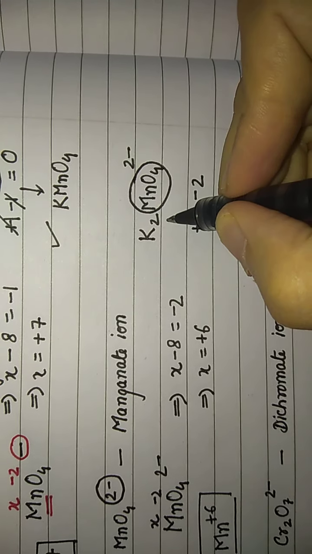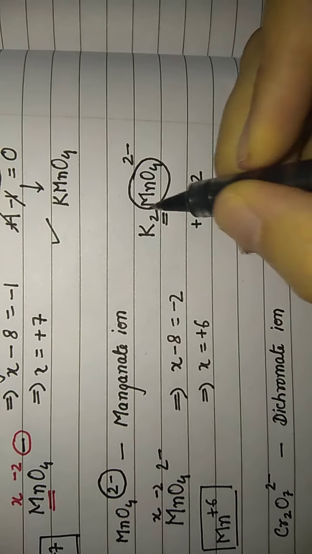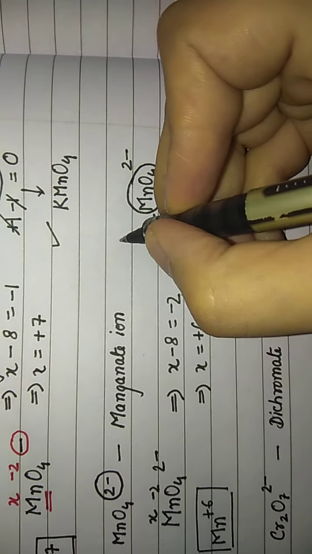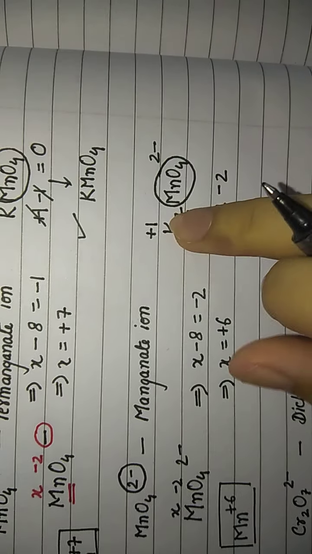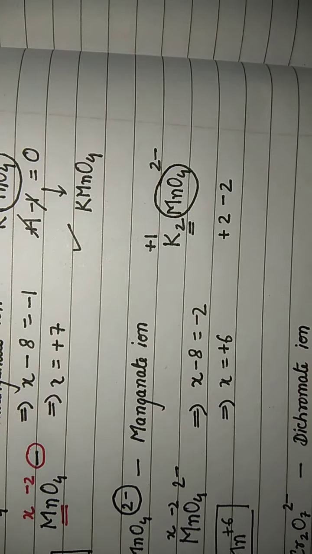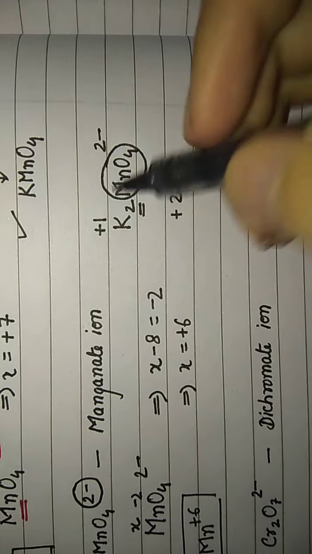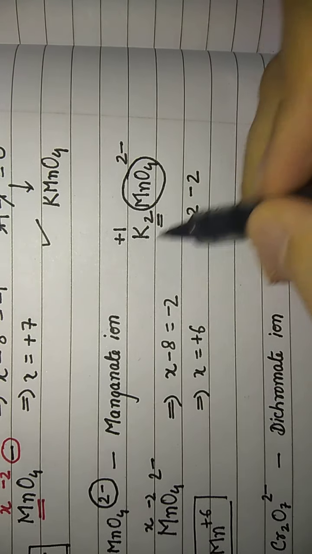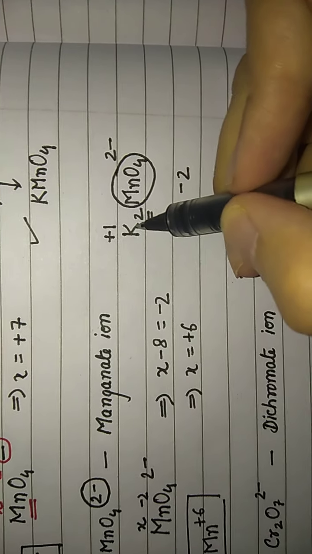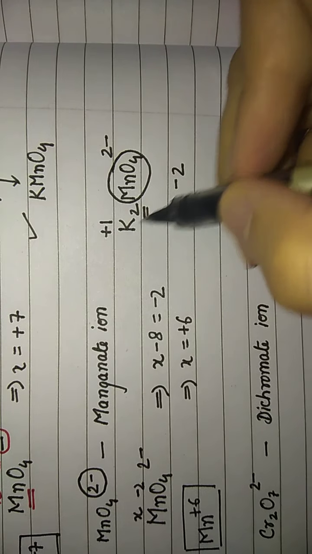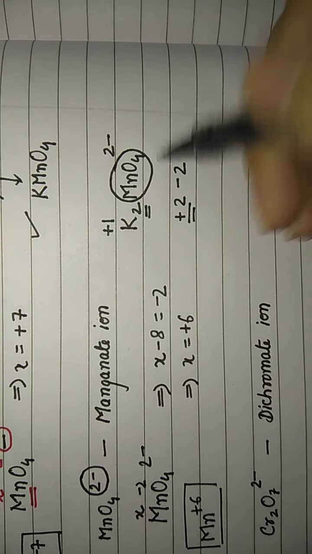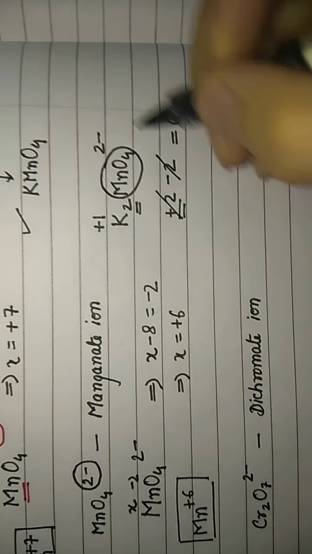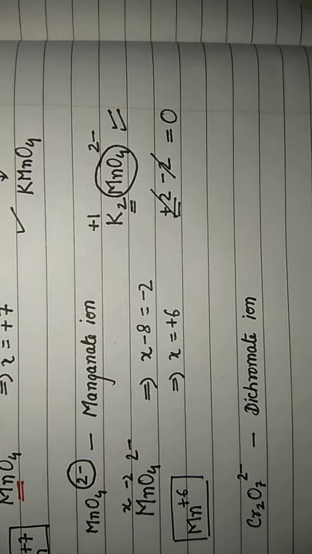If I have just one potassium atom over here, one potassium atom will exhibit a charge of +1, right? So +1 and -2 will not be able to neutralize each other. So we need two potassium atoms. One potassium atom has a +1 charge, so two potassium atoms will give us a charge of +2, which we need to neutralize -2. So now it gives a net charge of 0, and hence an electrically neutral K2MnO4.